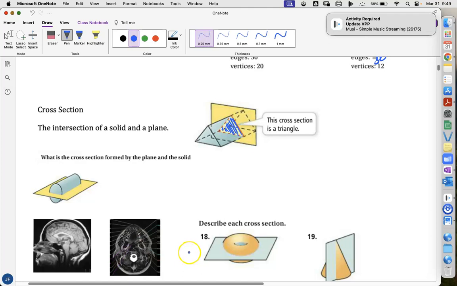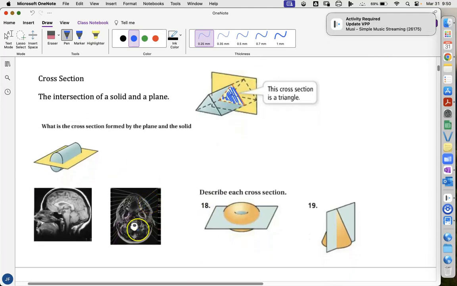Whenever you take a solid and slice, I like to think about a loaf of bread. Before anybody slices it, you've got a solid. If you were to take a knife and slice the infinitesimally thinnest piece of bread you could come up with, that slice is referred to as a cross section. So one thing we're interested in is figuring out what the image would look like for a cross section